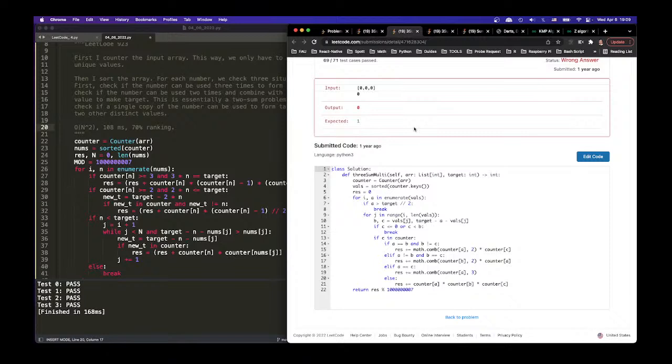Huh. Yeah, we got the same thing. Oh, this is much easier. Counter sort enumerate. If A is larger than this, then break. That's actually true. For J in range I, learn vowels. B and C. We have B and C. If C is smaller or equal to 0 or C is smaller than B, then we break. Okay. If C is in counter,